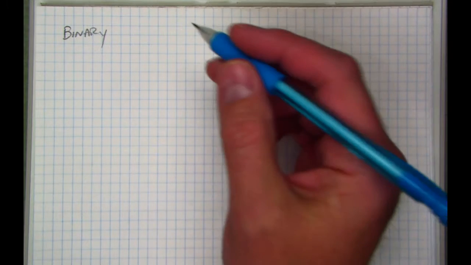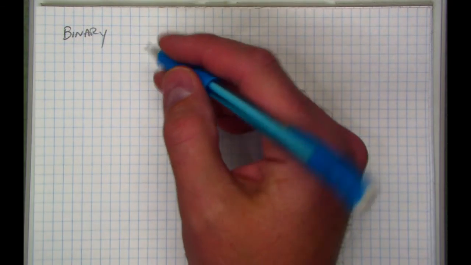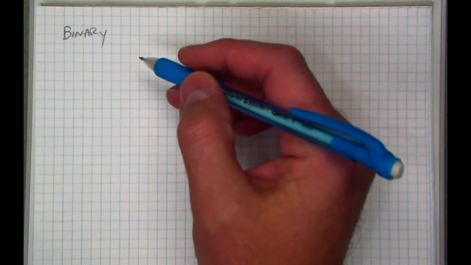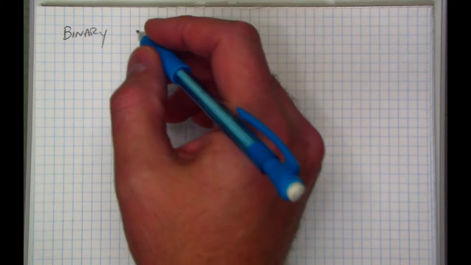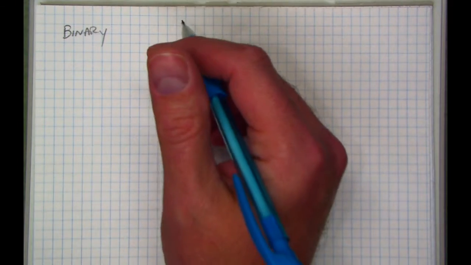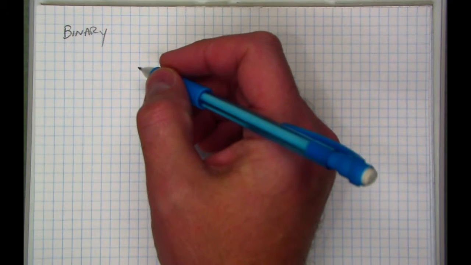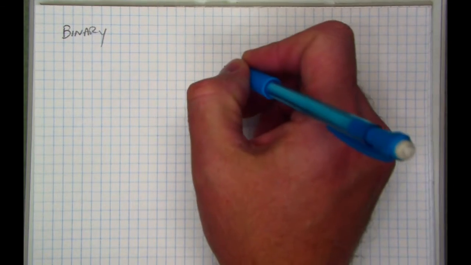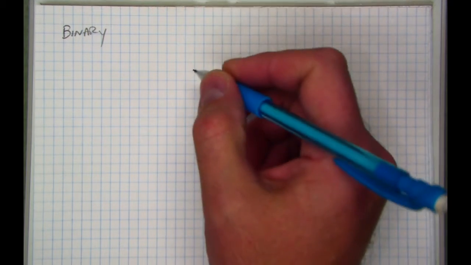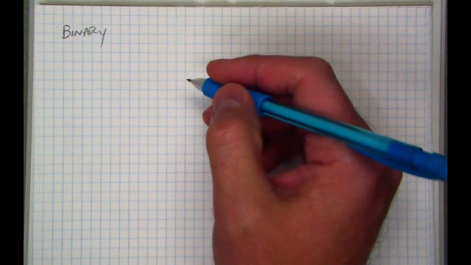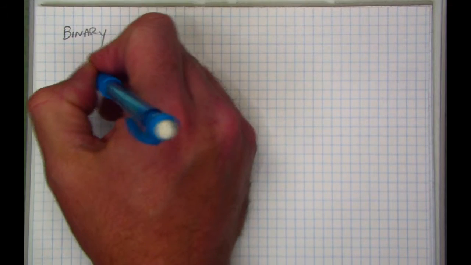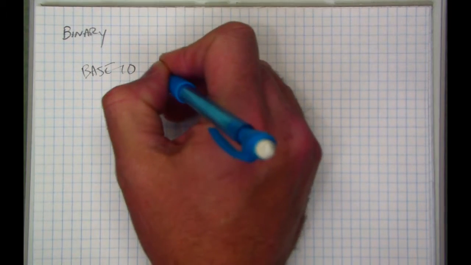All right, so I would like to walk you through the process of learning how to do binary number systems. All numbering systems, this is something they don't teach us in elementary school, and I wish they did. All numbering systems are built upon the same principles. Our columns increase by a certain factor. If we think about base 10, or what we call the decimal system,